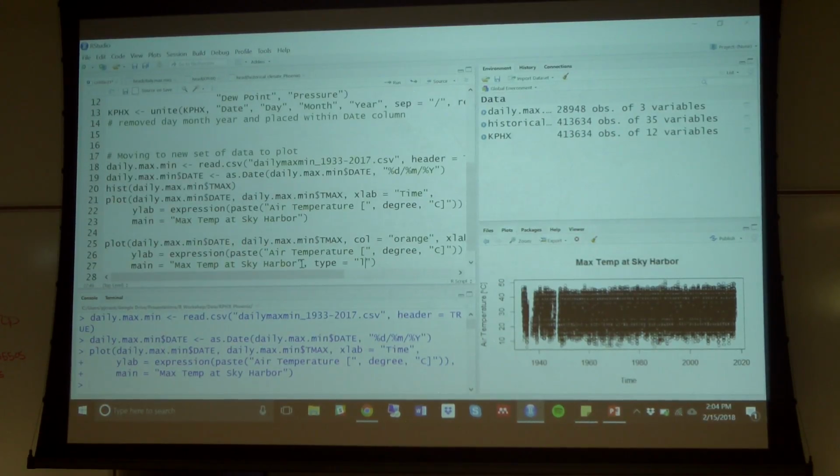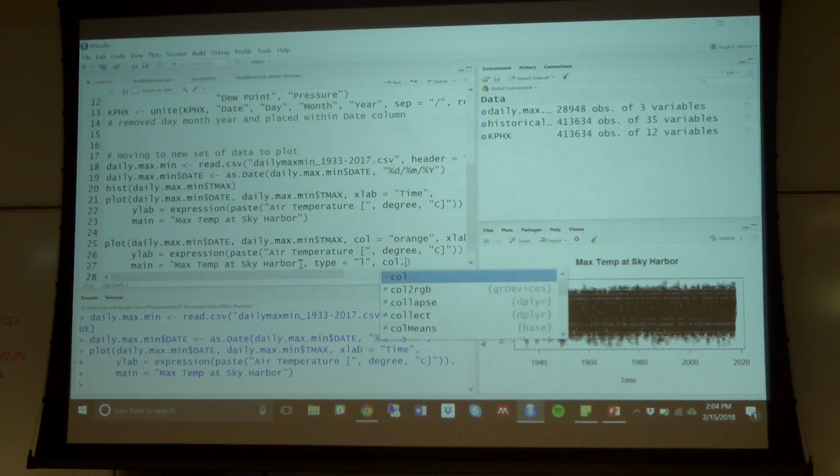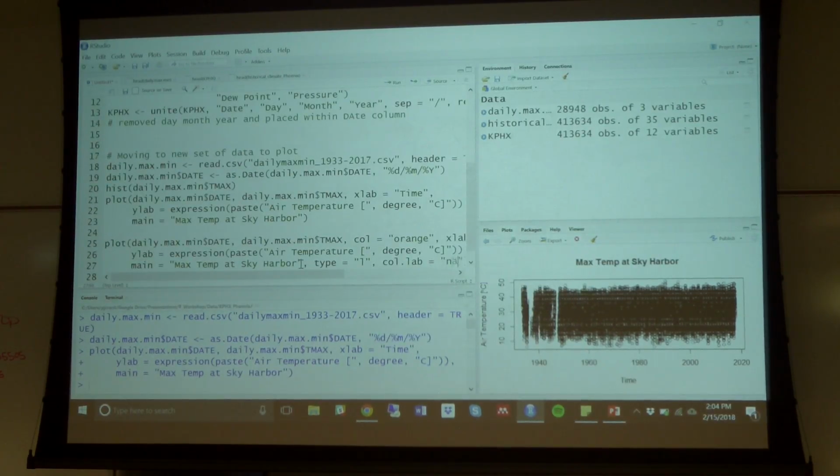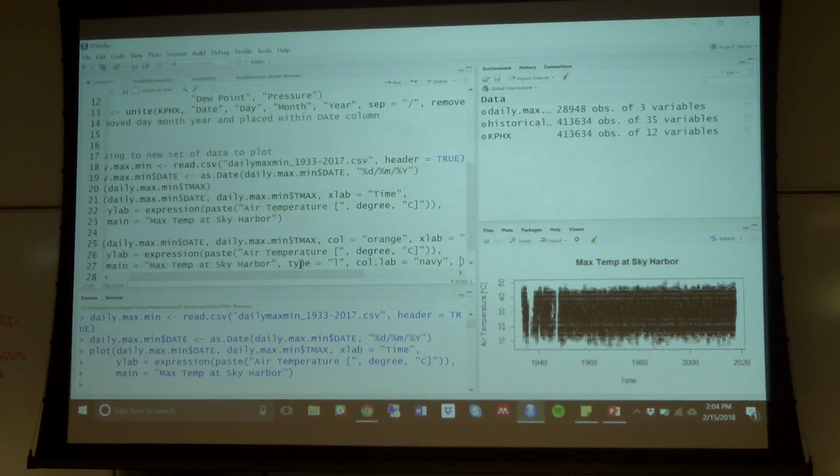So if we do type equals L, we're telling it to create a line instead of all these different data points. So we're connecting them together. Does that make sense? We have date in the x-axis. And you can even change the color of your labels and your title as well. So just to give you guys another idea of some of the other versatility of this,